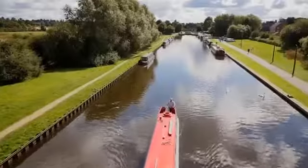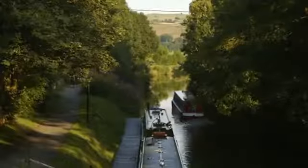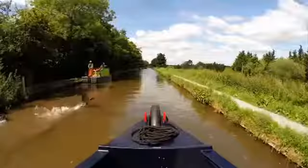Across Britain, there's a hidden network of canals, more than 2,000 miles long. Many of them cut through some of the most stunning scenery. And in this series, I've chosen 8 canal trips, the very best, from the west coast of Scotland to the